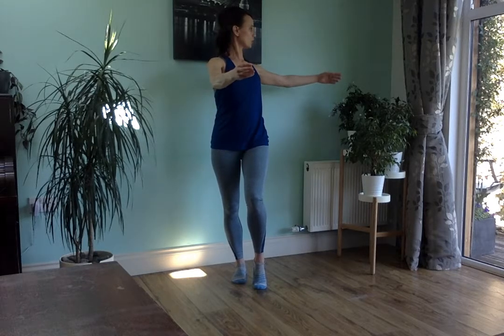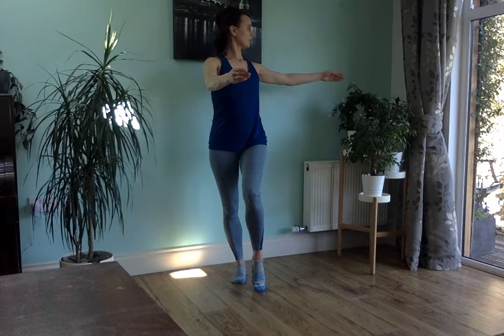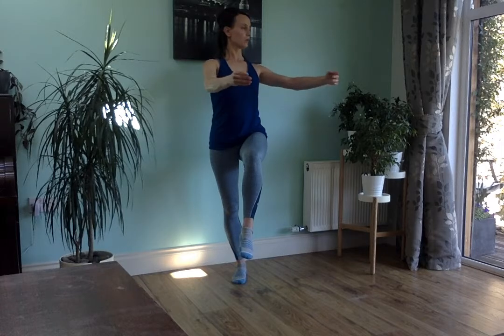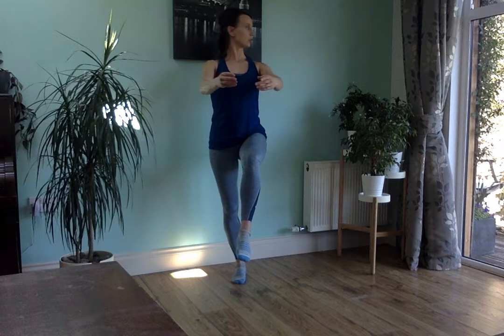And remember, as with the last exercise, you can keep your toe on the floor if you have any symptoms, or you're just finding it a bit too difficult to balance. Try to use the least pressure that you need. If you're finding, yeah, I can balance like this, but if I try to rotate, that's just too much, then you don't have to go so far. Just go within the range that you can control, that you can manage. It could be that you're just turning your head back to the start,